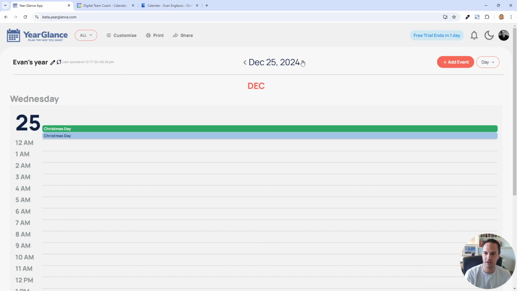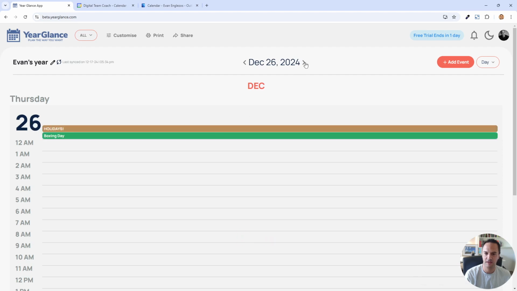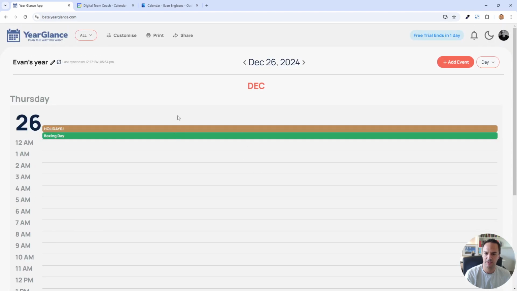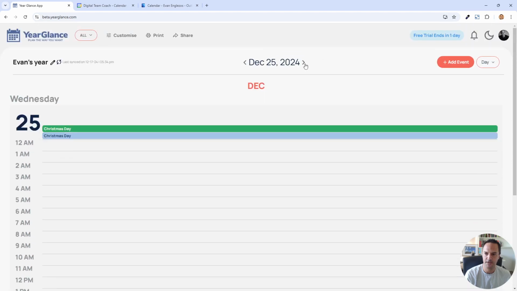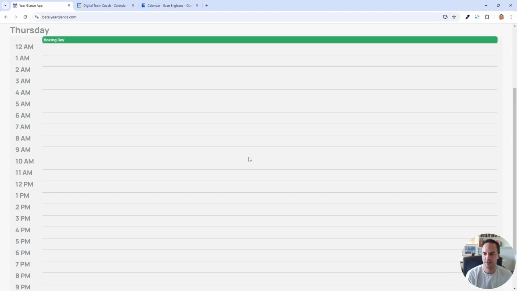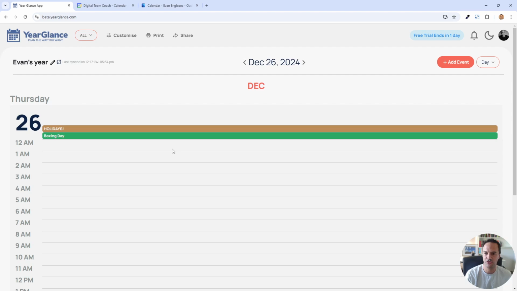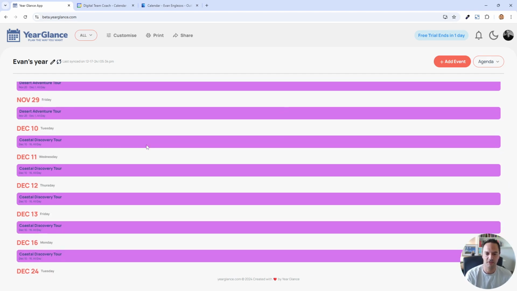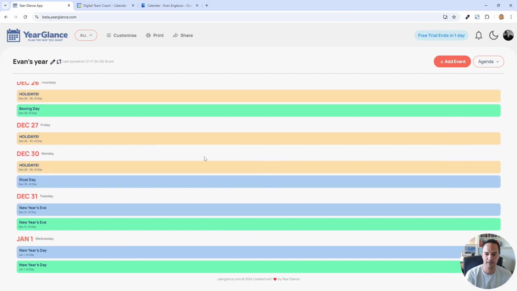May not be much there at the moment, so it's just set to today, but there you go, it's just populating the view there. I think I went too fast. Oh, yep. And now it's not showing that cricket match that was on there before, but I'll get to that in a minute. And then we've got agenda view as well, or sometimes it's called, what's it called? Agenda or list view or something like that. Here we've just called it agenda, pretty much the same thing. So pretty handy.